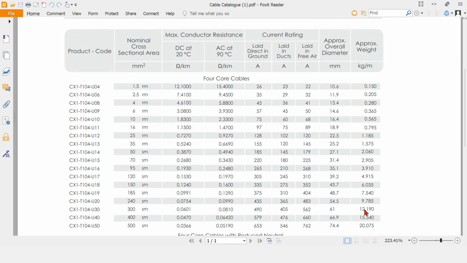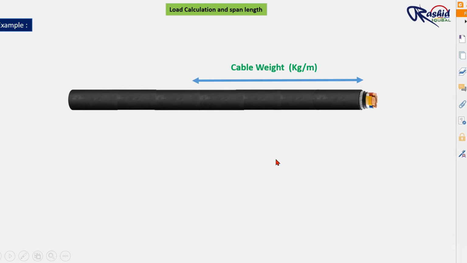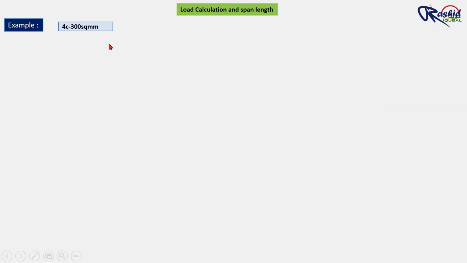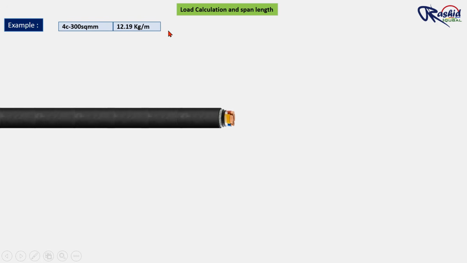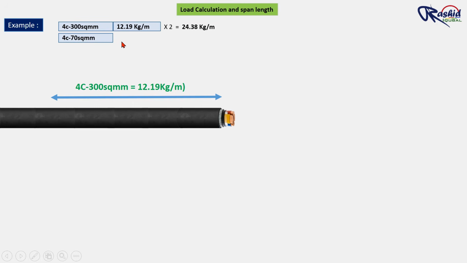12.19 kg per meter. And we have two numbers of cable. So the cable weight will be 12.19 multiplied by 2 equal to 24.38 kg per meter. And we have a 4 core 70 mm square cable and its weight is, let me check again,